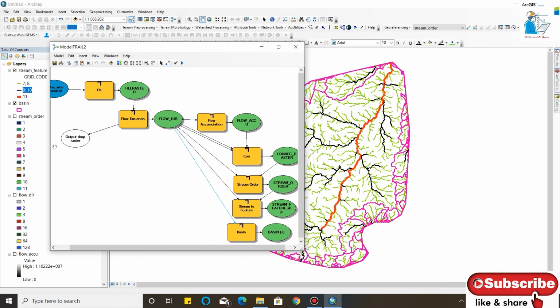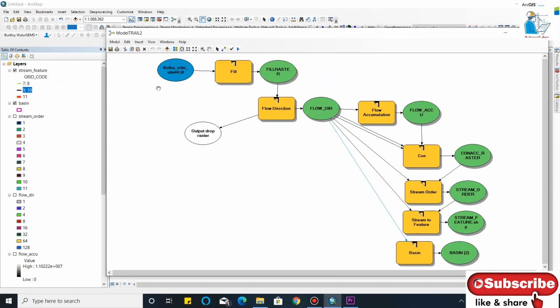By using this model builder, you can create any type of workflow to execute your model. Model building is very useful for constructing and executing simple workflows. I have created one model to delineate the watershed.